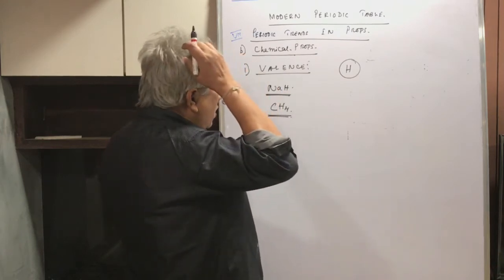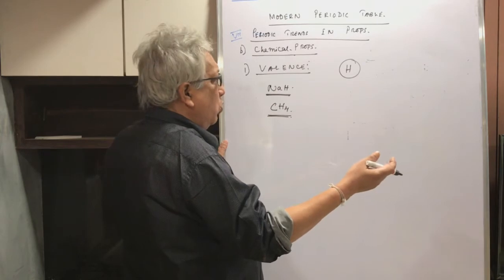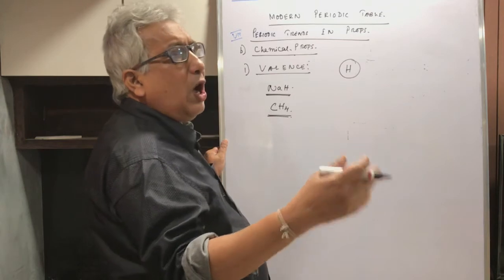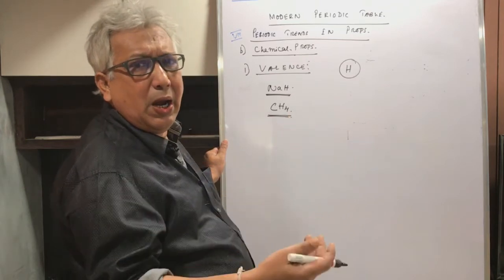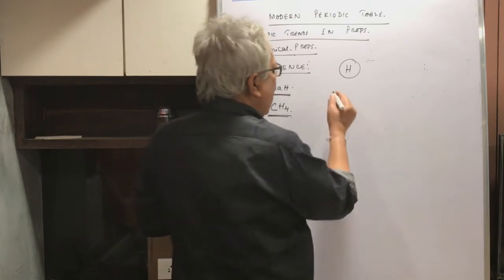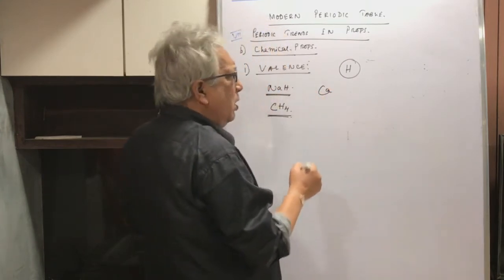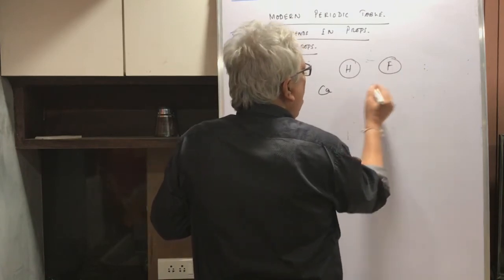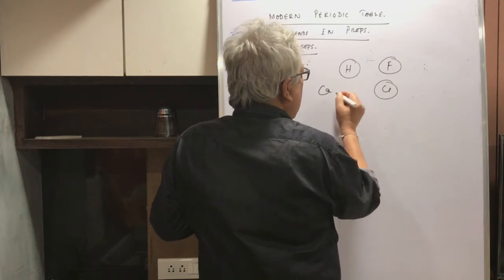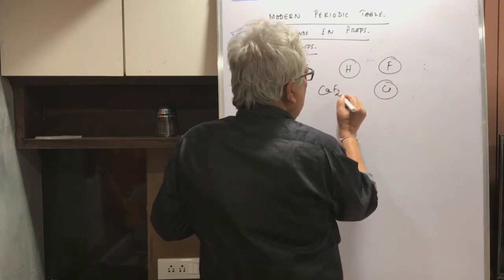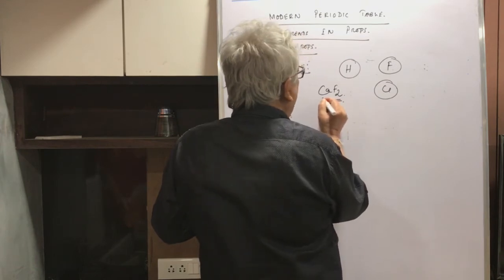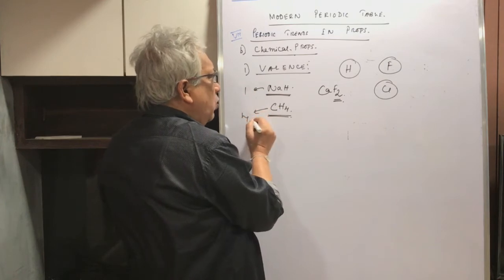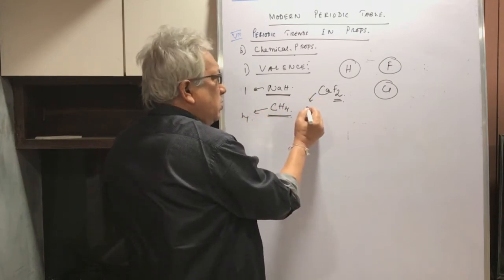But suppose you talk about some other element which is not combining with hydrogen, then you have to say with how many univalent atoms it may combine. Let us say, for example, calcium. Not that calcium cannot form a bond with hydrogen, but it combines with fluorine. Fluorine is univalent, and so is chlorine, and calcium forms CaF2 with fluorine. So it is combining with 2 fluorine, and therefore the valency of calcium is 2. So the valency of sodium is 1, the valency of carbon is 4, but the valency of calcium is 2.